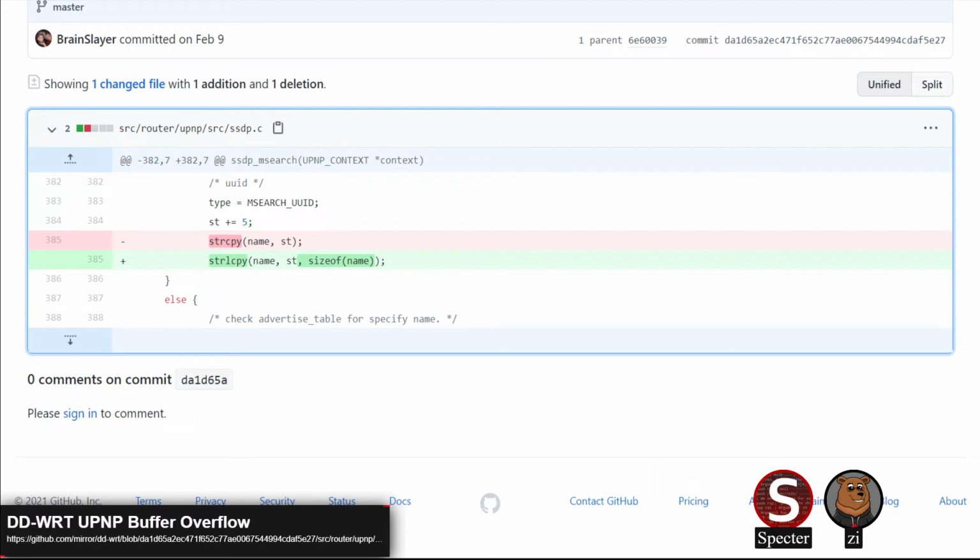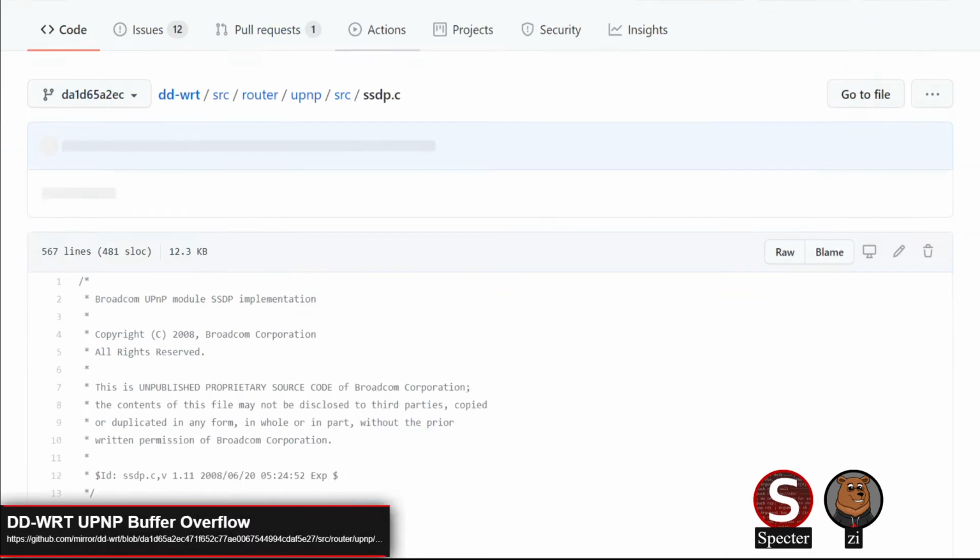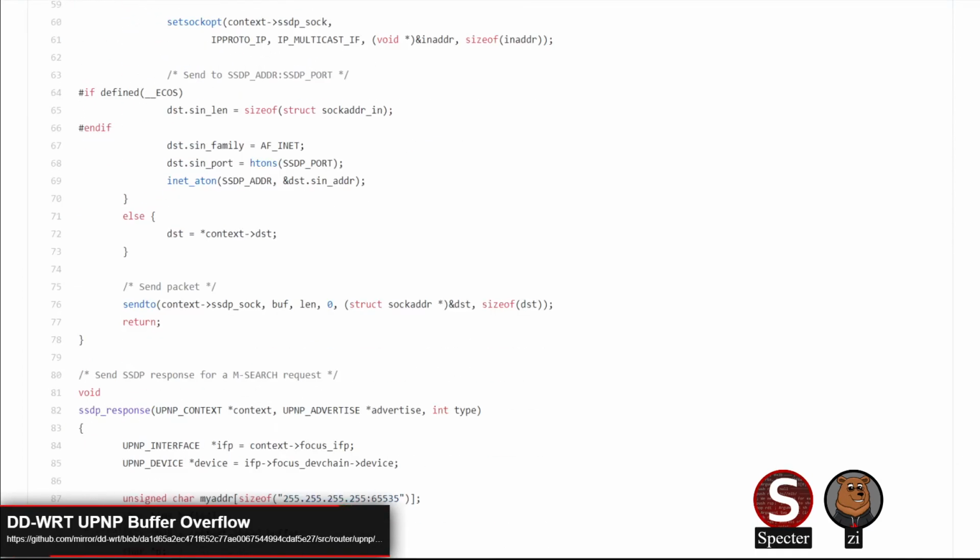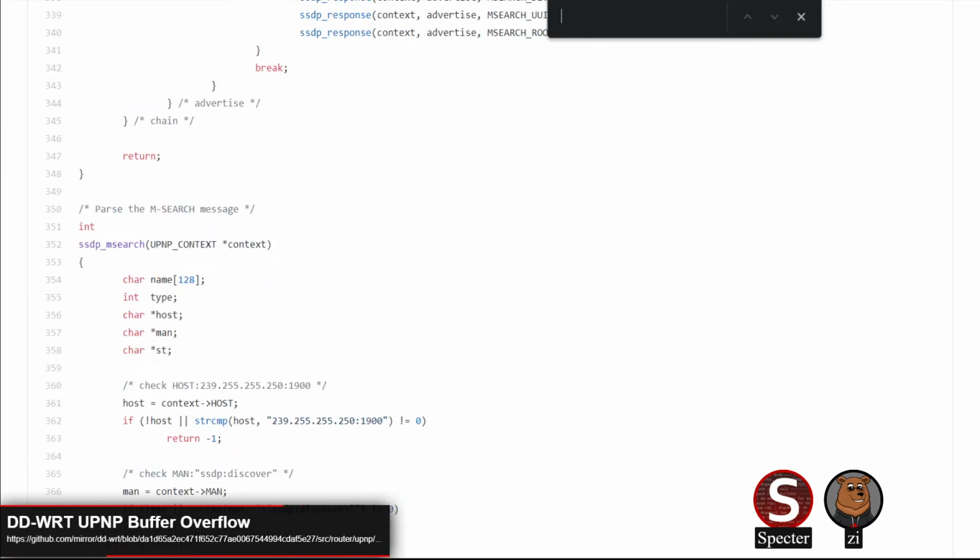Now, it is worth noting that UPNP is not enabled by default because it is known to be kind of dangerous and impactful in its functionality. So that is a limiting factor, but that doesn't mean this exploit vector is impractical or anything. So, yeah, cool potential attack, but not a very cool bug. It's a very trivial issue.